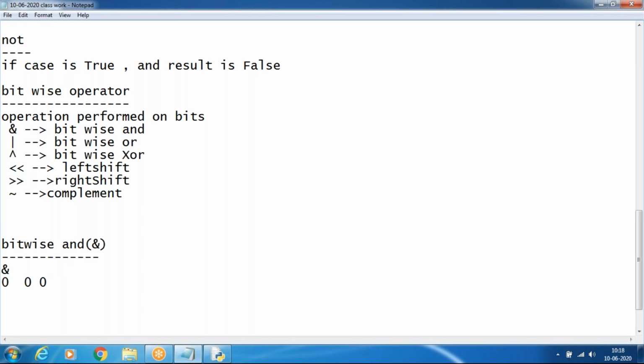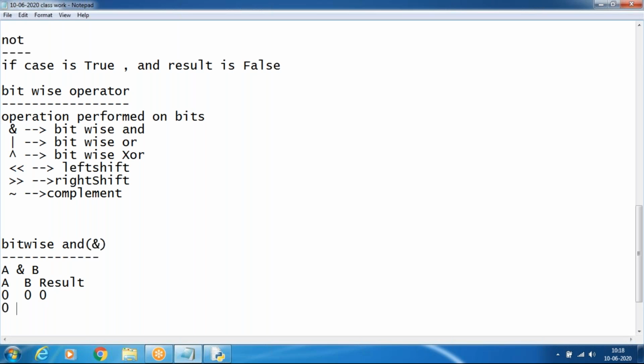Suppose A and B. This is A, this one is B, the result value will be 0.